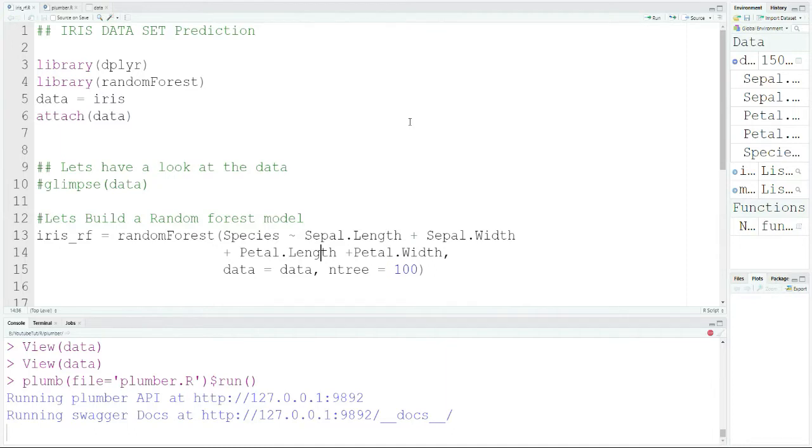Hi, in this video, we will see how to deploy an R model as an API. In this video, we will see how to create an RDS model file and then how we can load it and convert it into an API, which can then be taken independently to any place and deployed. Maybe it is an Azure cloud or any local infrastructure which your organization provides. So stay with me and I'll show you that.